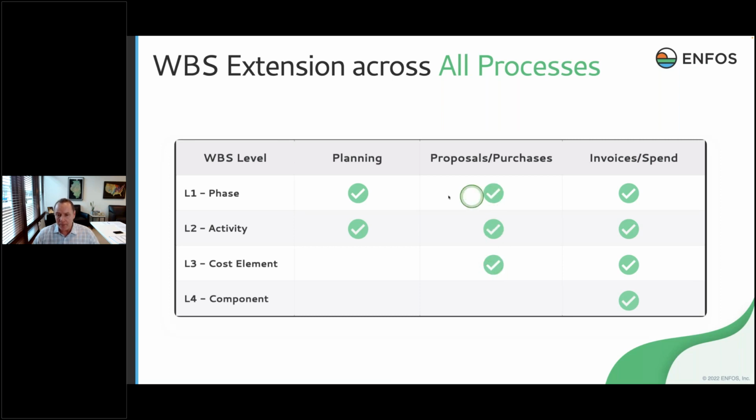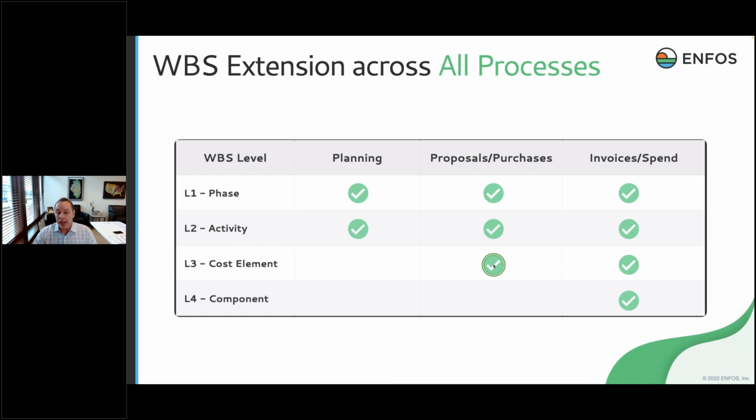So now I'm lined up, right? If my forecast has remedial action and O&M, I only want remedial action and O&M in my proposal, right? Because I don't want to be committing work against a phase that wasn't already authorized in my forecast. And it lines it up from a data structure standpoint.